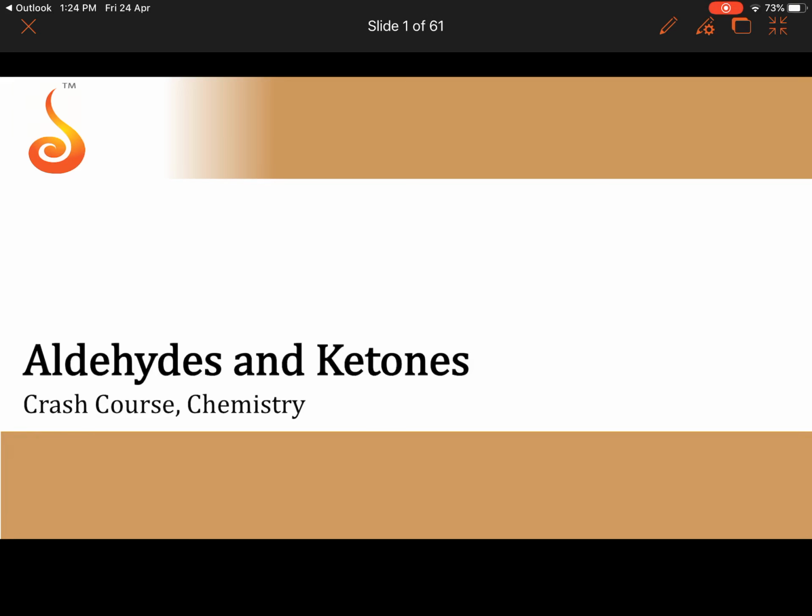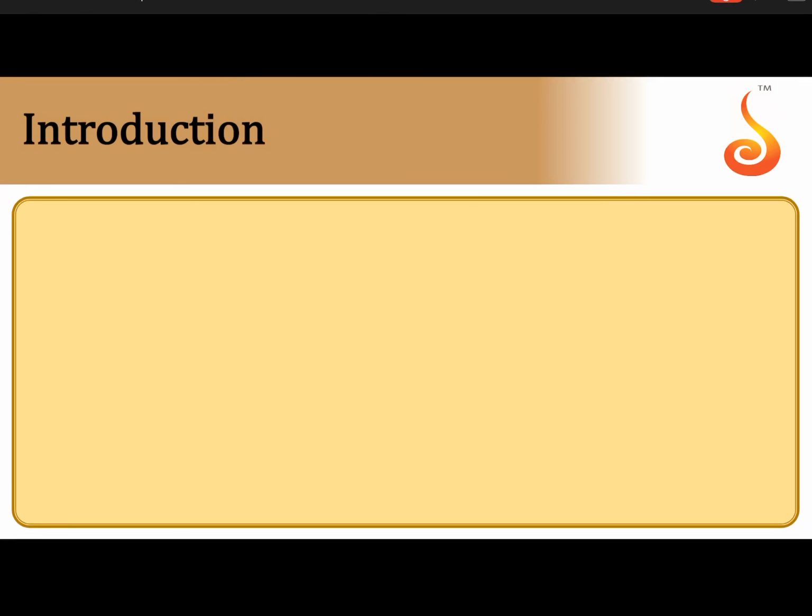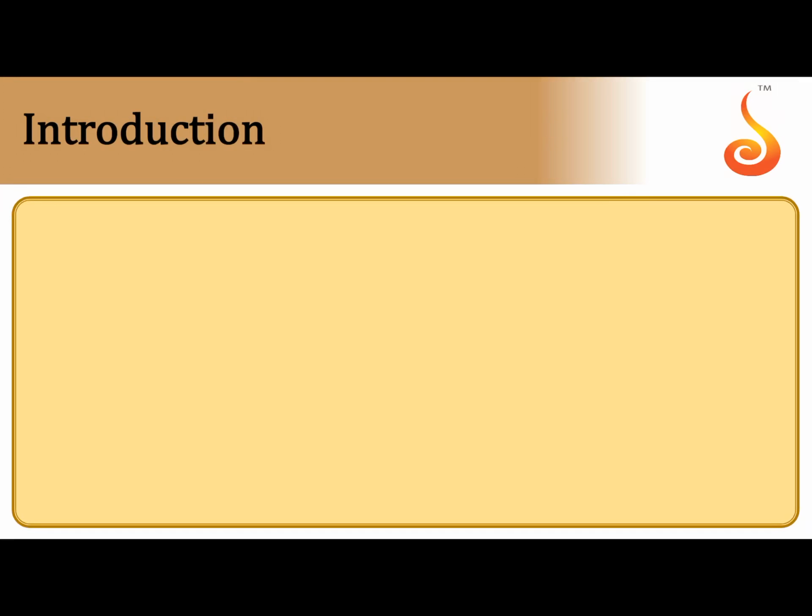Today I am going to explain some important points from aldehydes, ketones, carboxylic acids and polymers. Coming to the introduction part, aldehydes are organic compounds containing carbonyl groups. These carbonyl compounds are of two types, aldehydes and ketones, together called carbonyl compounds since they contain a carbonyl group. If the carbonyl carbon is attached to at least one hydrogen, that is an aldehyde. If the carbonyl carbon is attached to two other carbons, that is a ketone.